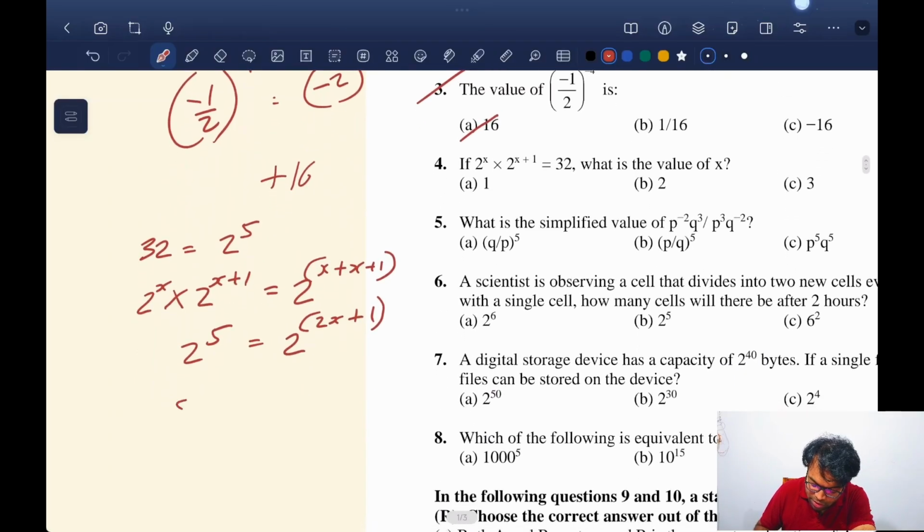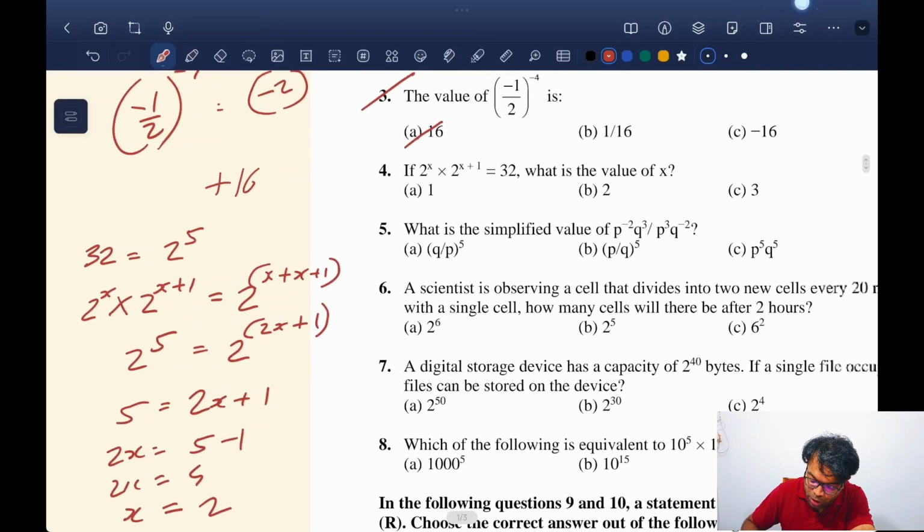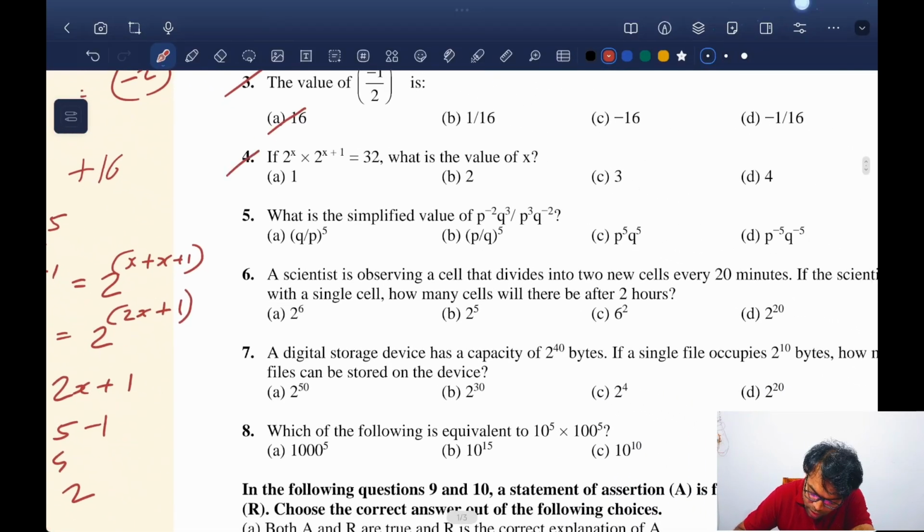Therefore 5 is equal to 2x plus 1. 2x is equal to 5 minus 1. 2x is equal to 4. x is equal to क्या हो जाएगा? 4 upon 2 which is 2. आंसर तुमने 2 लिखा है? Yes sir. Okay, अब ये भी सही है।